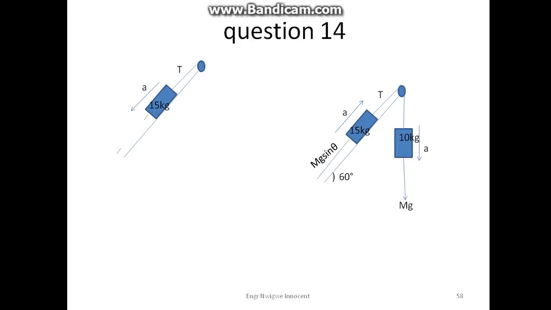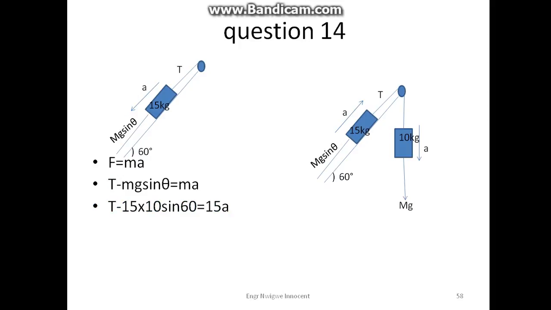Then force is equal to ma. The tension, which will now be greater than the force of gravity, which is mg sin theta, will now be minus mg sin theta to give ma. Then T minus 15 times 10 sin 60 will now give us 15, which is mass, times acceleration. T, which is the tension, minus 130 is equal to 15A. Putting the